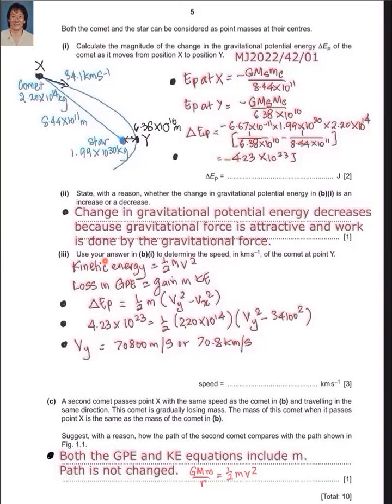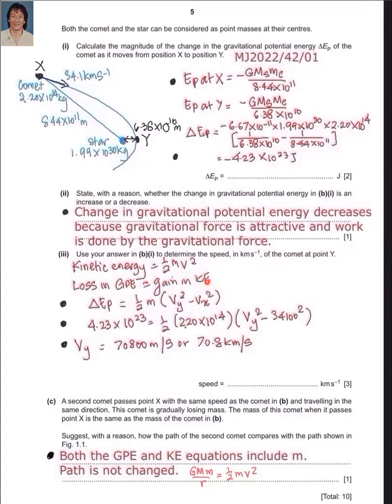Then use your answer in B part 1 to determine the speed in meters per second of the comet at point Y. So when the comet moves from X to Y, it loses gravitational potential energy, but it gains an equal quantity of kinetic energy. The formula for kinetic energy is half mv squared. The loss in gravitational potential energy, which is 4.23 times 10^23 joule, is equal to the gain in